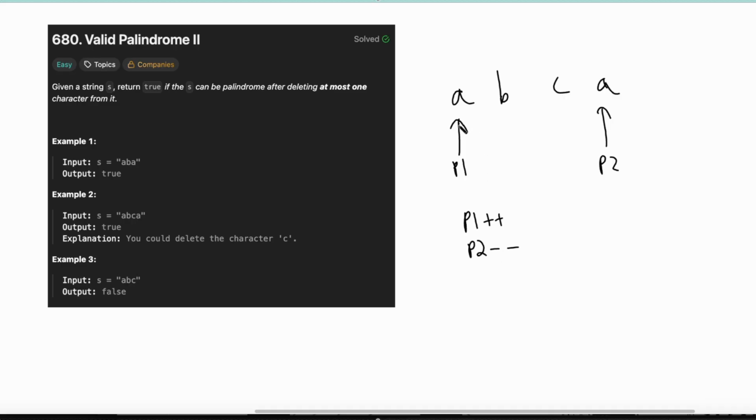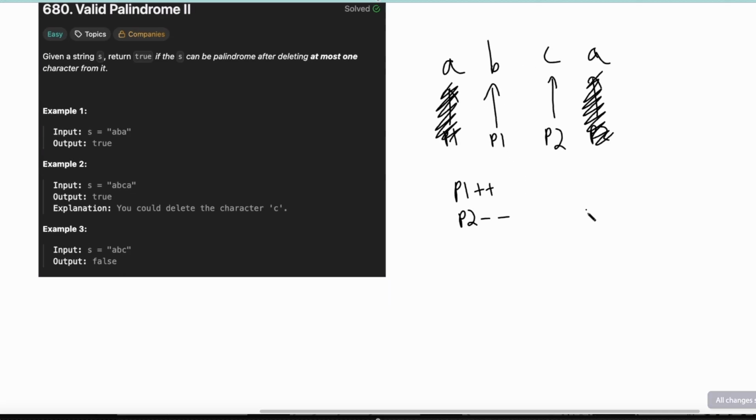So A and A are equal, therefore P1 gets shifted to the right by 1 and P2 gets shifted to the left by 1. Now we are considering two elements that are not equal. If they are not equal, then we basically get one freebie in the sense that we get to skip over and delete potentially the element at P2, or we can potentially skip over the element at P1 and not consider it. So basically, we are going to keep evaluating the palindrome like normal. If we had B and B, we're just going to keep incrementing P1 and P2 like so